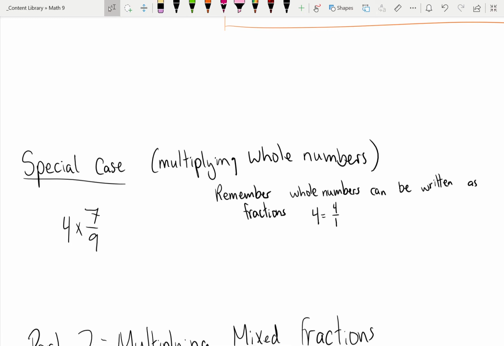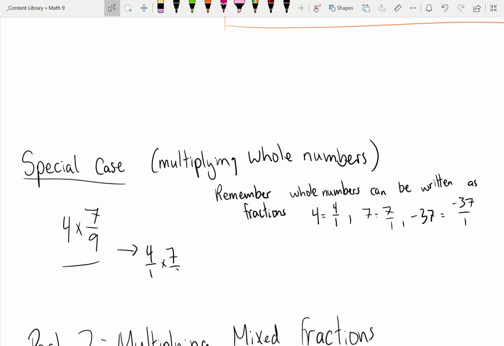Because when I divide something by 1, it doesn't change. If I did 4 divided by 4, it's going to be equal to 1. So 4 would equal 4 over 1, 7 would equal 7 over 1, negative 37 would equal negative 37 over 1. So when I have a question like this, what it's really asking me to solve is 4 over 1